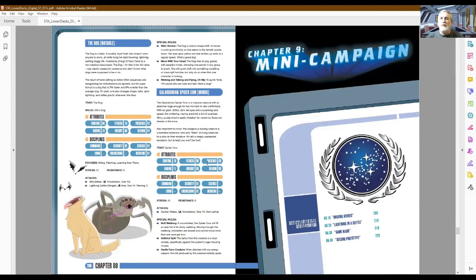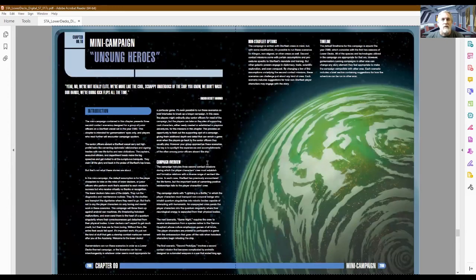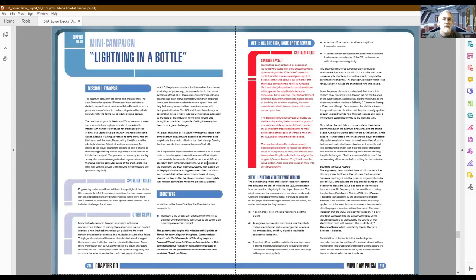I'm not going to get too deep into chapter 9 because I haven't read through all of it yet, but what I've read so far has been fun. But we got a dozen mission briefs and we got 3 adventure mini campaigns. I mean, depending on how many times you get together a month, there's 3 to 6 months of story ideas already. The mini campaign is called Unsung Heroes, and you've got